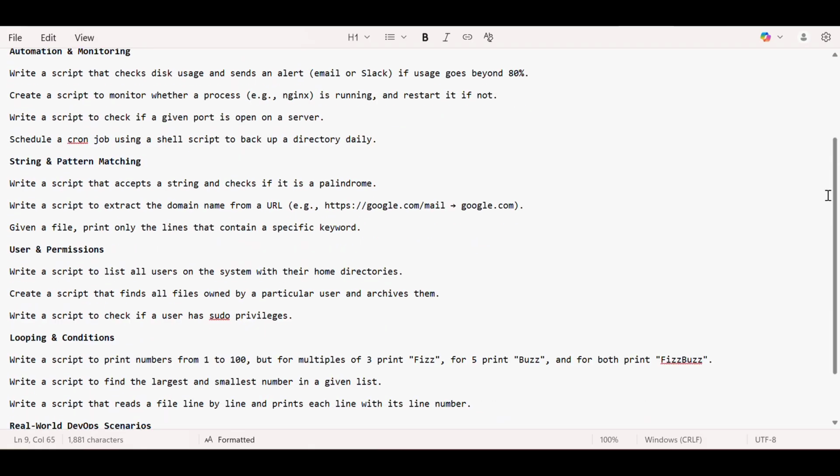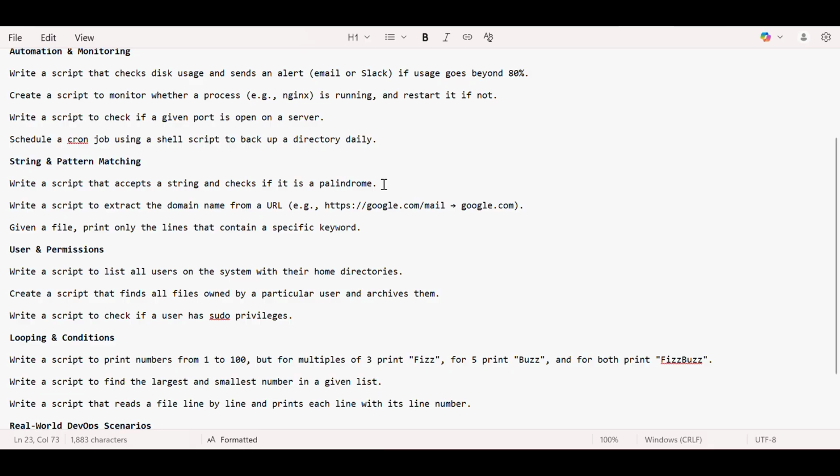Okay. Then string and pattern matching. Write a script that accepts a string and checks if it is a palindrome. Palindrome is like, even when you spell that word backwards, it will not spell differently. Either the word is spelled backwards or normally, the meaning or the spelling doesn't change.